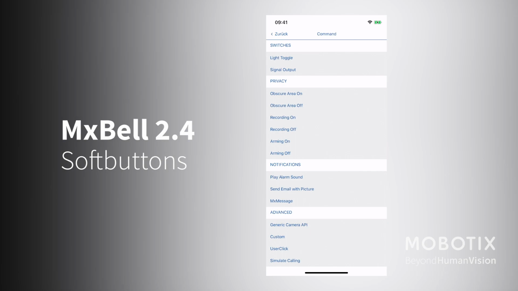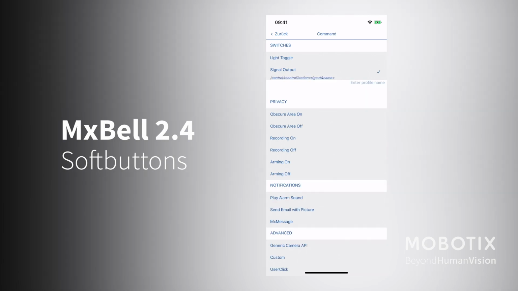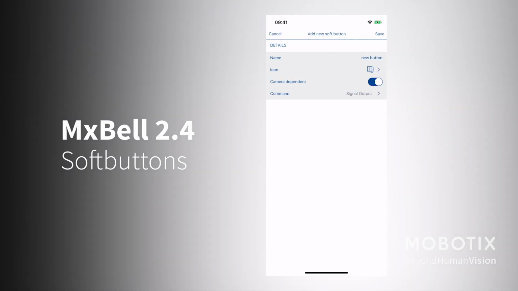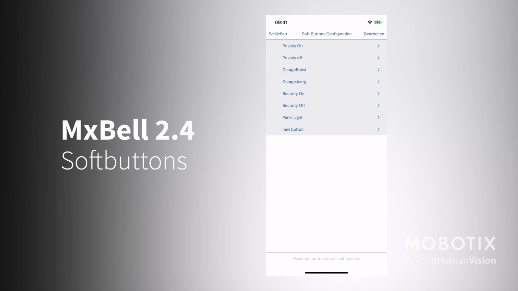When we say OK, that should be a signal output, and then we already have a predefined command, which is required to send the remote command to the camera, and then we need to enter the profile name, which I have to define before in the camera. Don't choose a German name for that. Maybe it's my window, and then we will open that window and say save, and then automatically we have